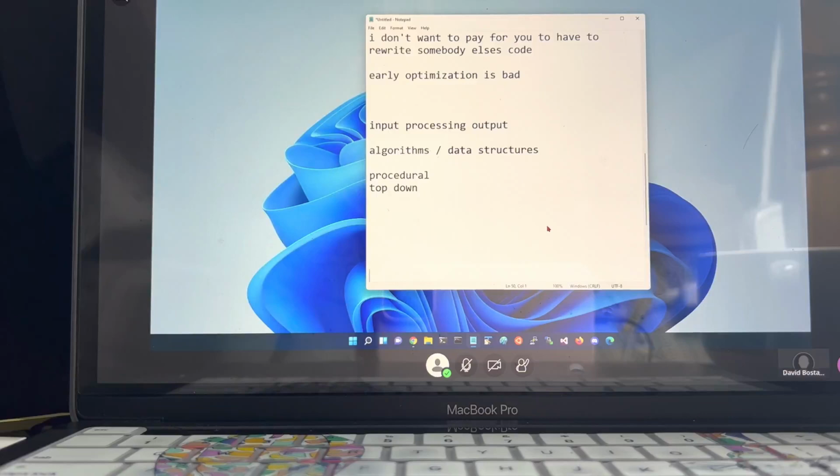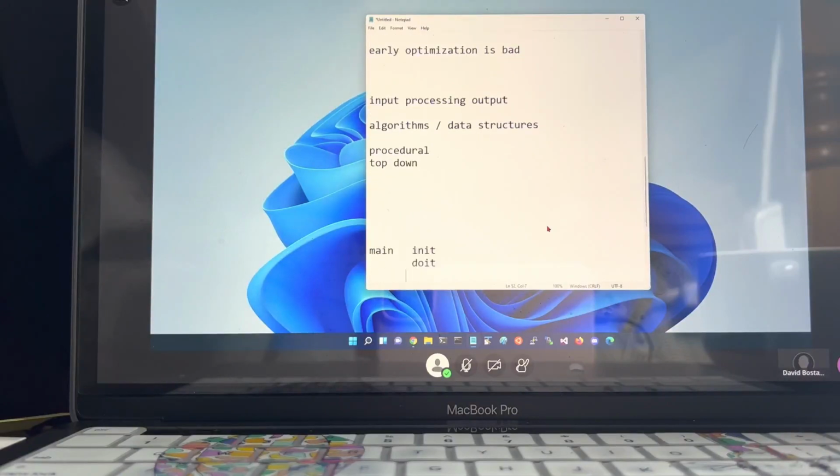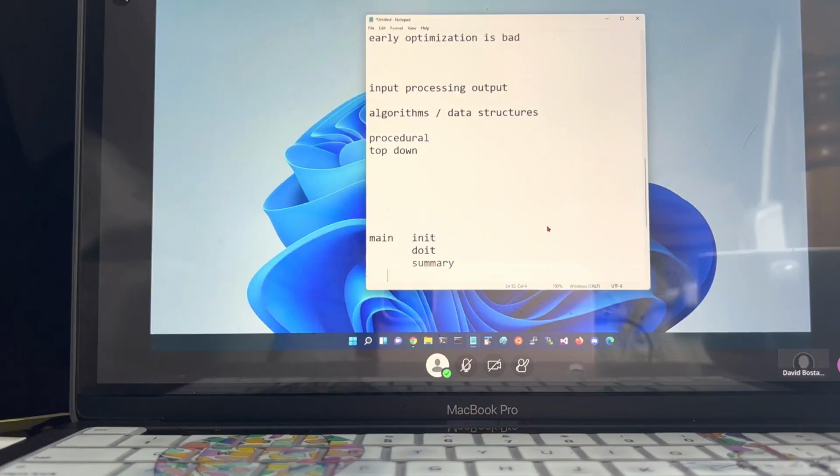In top-down programming, at my highest level, in my main level, I might have an initialization function that I call. I might have something that does the work. I might have something that does the final summarization work. And I might have something called shutdown.